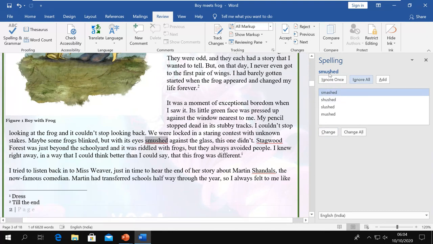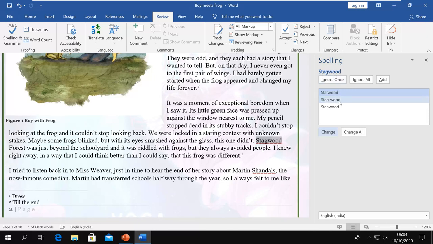Then again it will go through and it will say, what is it, smushed, smashed, what you want to say. Okay, again a spelling mistake, I say no, I want to say smashed. Change. You see, again that word is detected. Why? Because I ignored only once, because it was a name, so I ignored it, but only once. Now it is again saying that it is not correct. It has detected here, you can see the preview, and here it will now next detect this word.